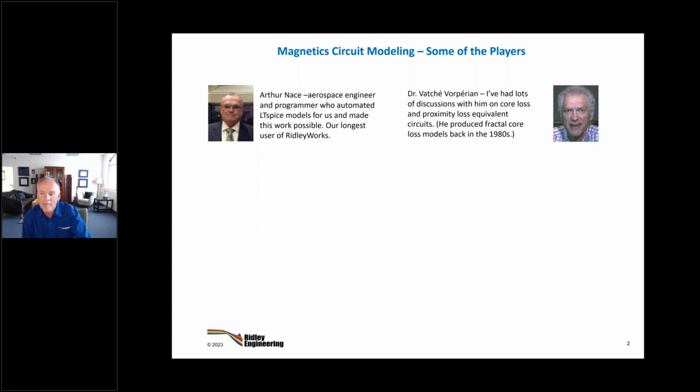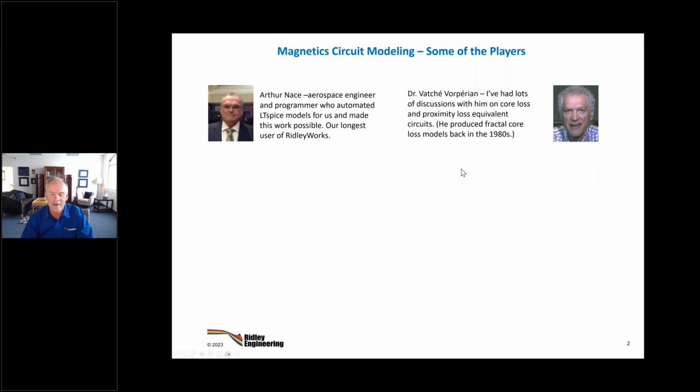Some of you may remember when the Mandelbrot sets came out on fractals back in the 1980s. We all had little PCs at the university then, and many of us rushed off, and Vache guided us on this, to plot some of the Mandelbrot sets and the fractal modeling pictures that were very popular at that time. But while lots of us were trying to do those plottings of those interesting pictures, Vache picked up that